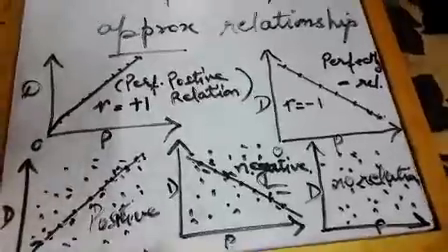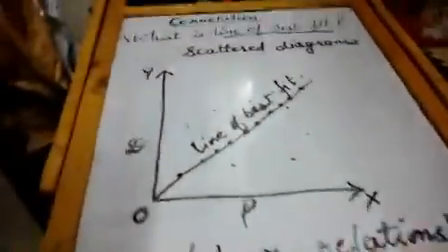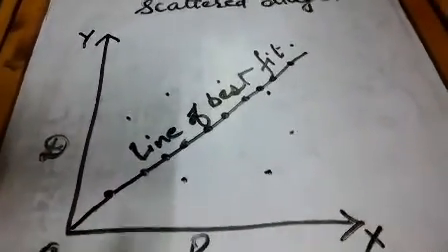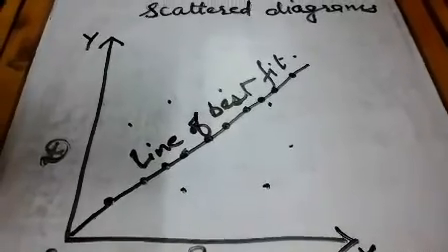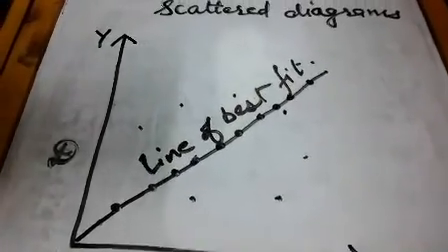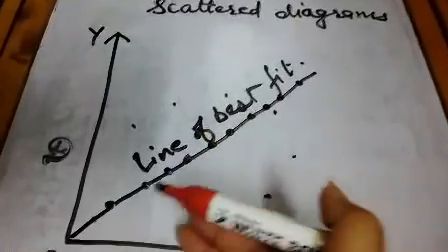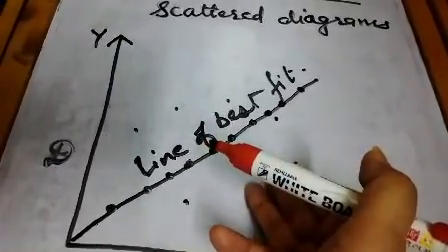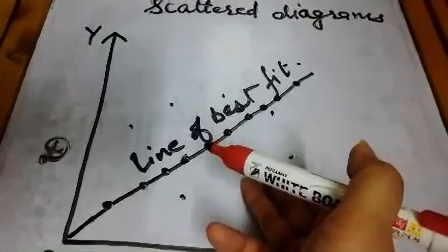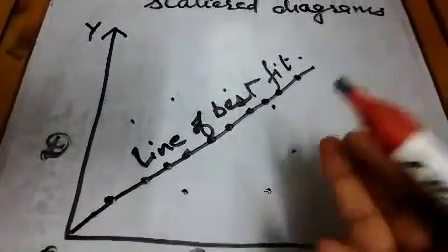Okay, I hope this topic of scatter diagram is clear to you, and the most important point we covered today is the line of best fit. It means when we have a number of points, but maximum points out of those given points lie in a straight line, and that line is having a positive slope. So when those points lying in the same line are joined together, a straight line is obtained, and that line could be said as the line of best fit.